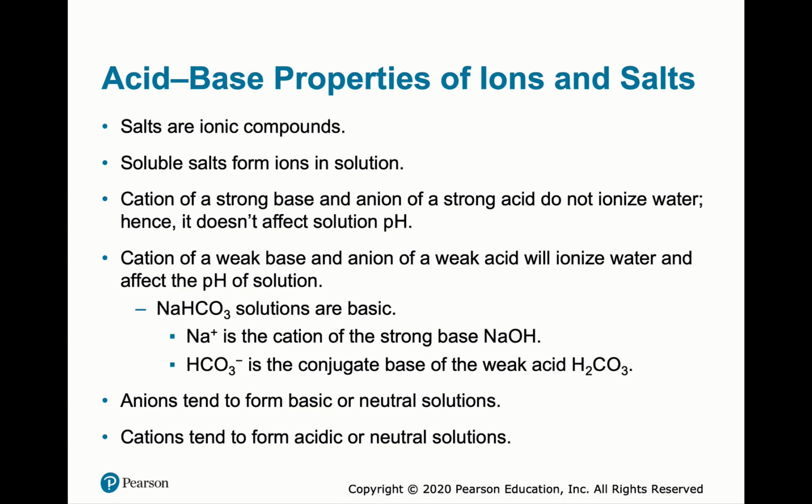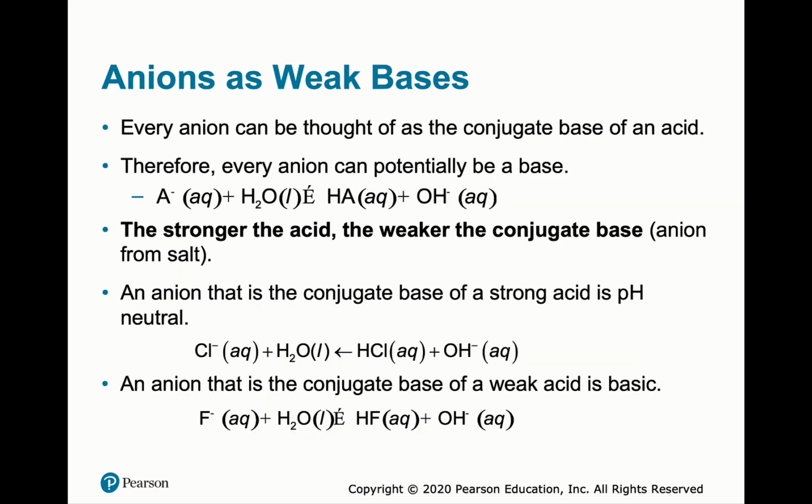Of course, when you have a weak acid and weak base, you can't tell that right away. A strong acid and strong base make neutral salts. But with a weak base and weak acid, it depends on the size of the equilibrium constants, which way it shifts. A strong acid and a weak base make an acidic salt. A strong base and a weak acid make a basic, alkaline salt. The answer why is because of the hydrolysis reaction of the conjugate base.